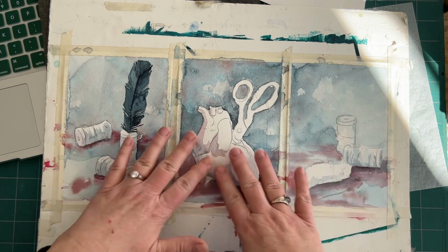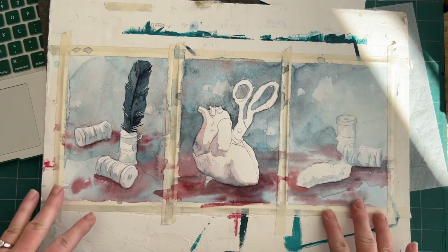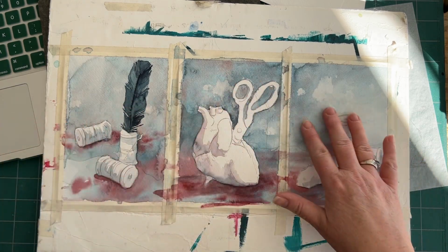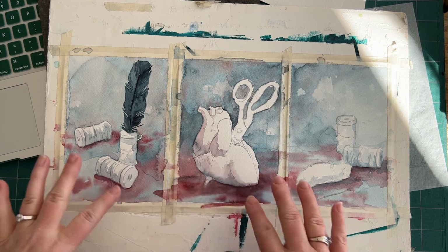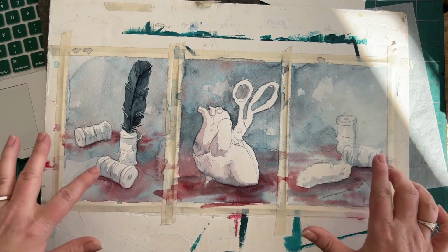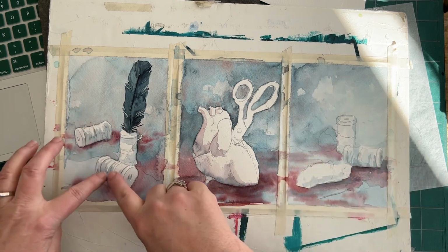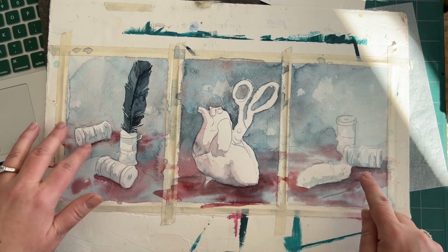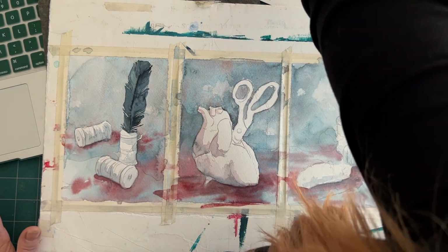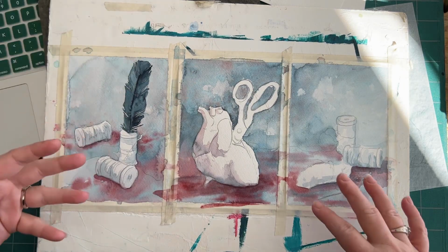So you can see here, because I've painted the background all at the same time with all 3 of them, I have the same tonal quality with my watercolor for the background. And as I continue to paint, like I have spools of thread on 2 of my images, I'm going to be able to use the same or similar colors as I paint from one to the next without having to try to remix that paint exactly